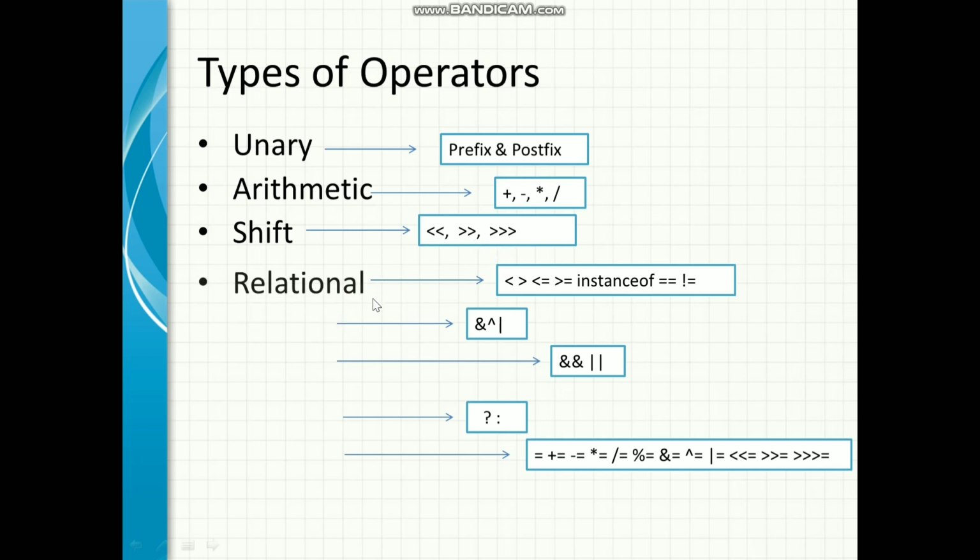And then we have a relational operator, like less than, greater than, equal to. Other things you already know in maths, but this is instanceof. It returns true or false depending on the condition being checked with the two things. If the object is of the same type as the class, then it is true. If it is not, then it will return false. For example, if the object is not instantiated and you are checking with the class, then it will give false.